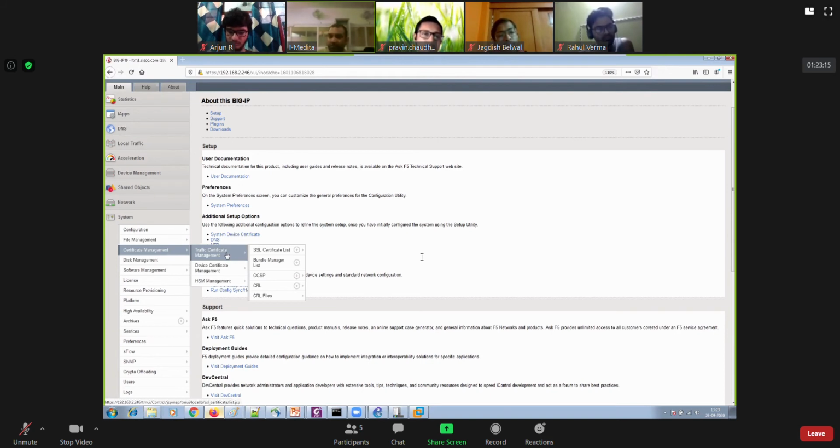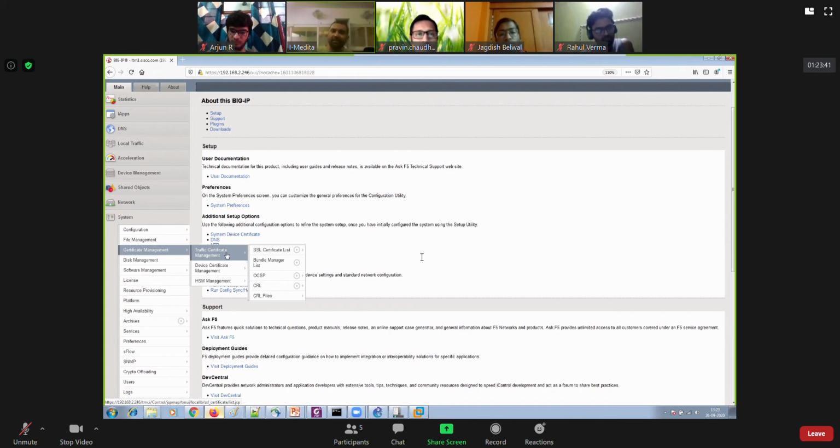So you don't have to do anything this time for device certificate management, because the device certificate will be used to have access to your device using HTTPS and of course SSH, right? But this time, since you are playing with the traffic, you want to perform SSL decryption for the traffic received by the virtual server onto this BIG-IP, right? So for SSL decryption, you must have a traffic certificate.